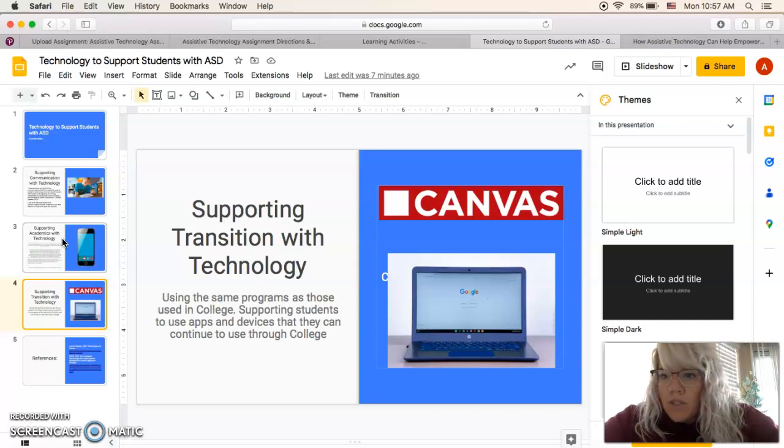So I always try to make sure that instead of using Google Classroom, like is what's done with the younger grade levels, I try to use Canvas to get my students used to being on Canvas, looking through Canvas and finding assignments on Canvas, and getting them